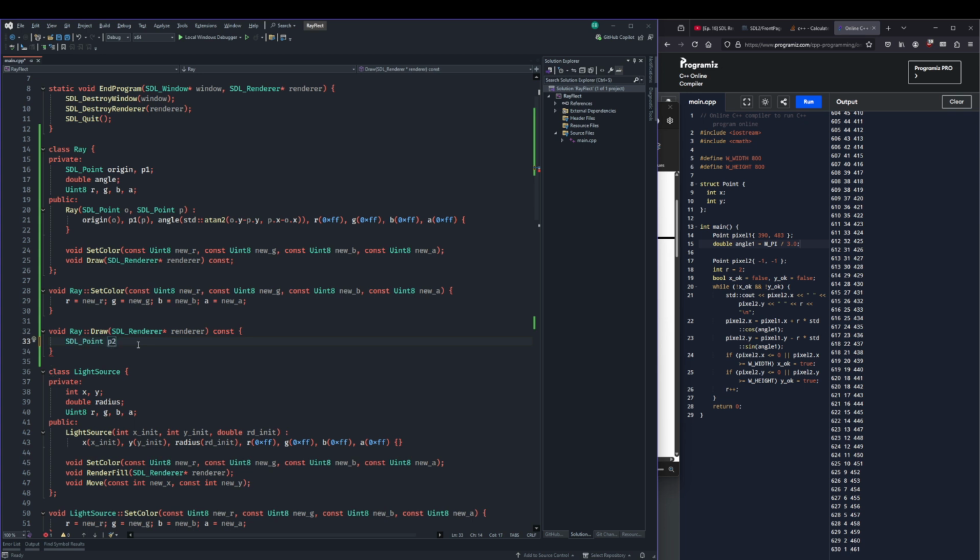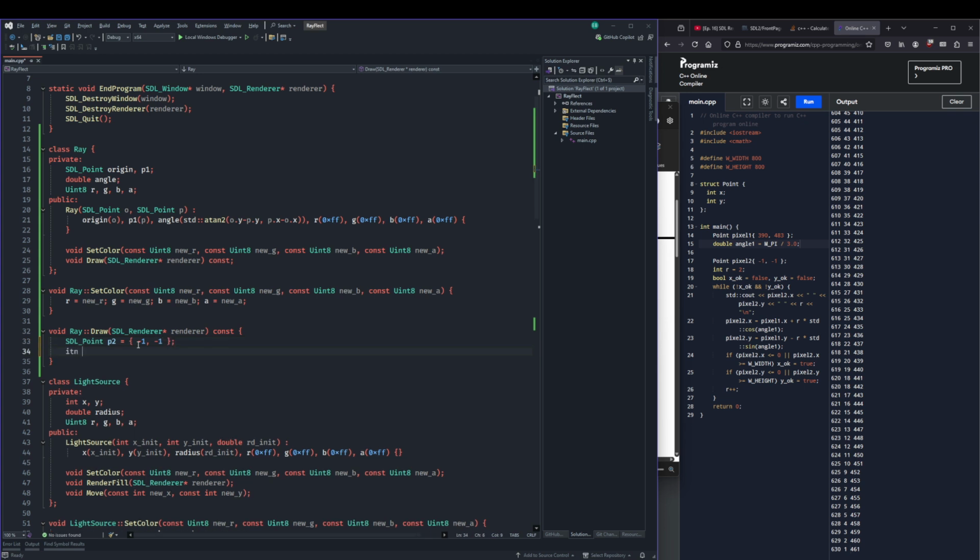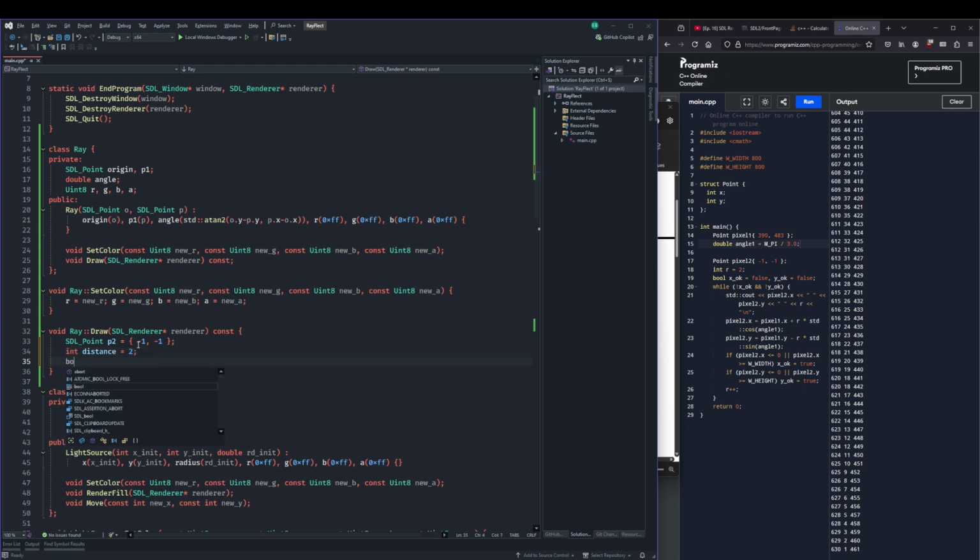It's just going to be equal to -1, -1. This is how I'm going to initialize it. It's outside the window, so it doesn't matter. The distance is going to be equal to 2, and now I'll do my two